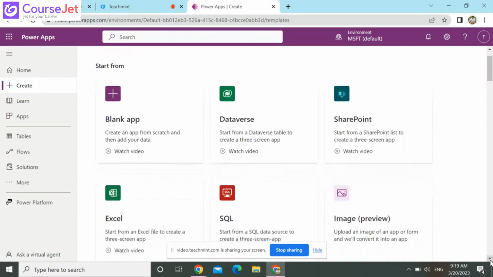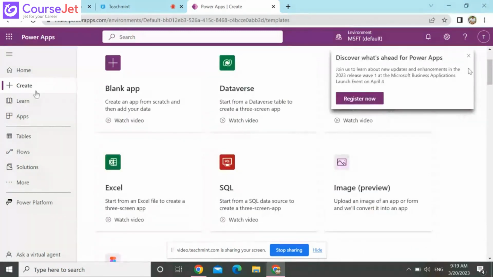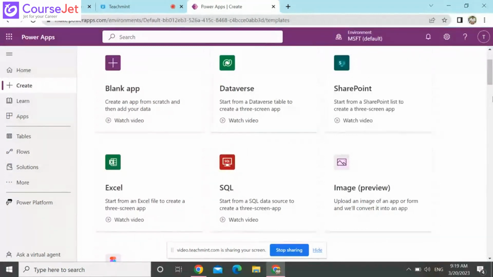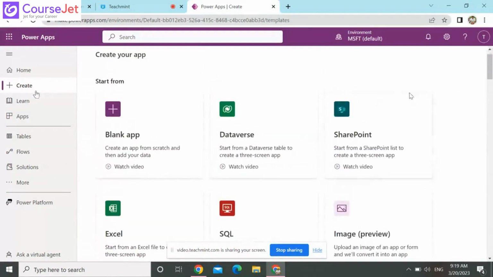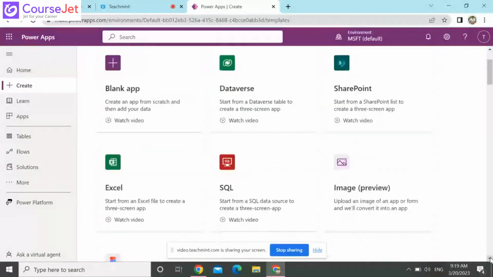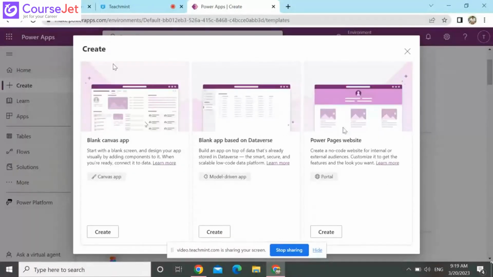So here you can see various options available. Blank app, this is the canvas app. Database is the one we'll say model-driven app. SharePoint is to customize the SharePoint forms and all. And for other sources like Excel and SQL, they will do it. I'm going with blank app, blank canvas app. Database is a portal we can design and make as a web page. You can go here as well, going to canvas app,